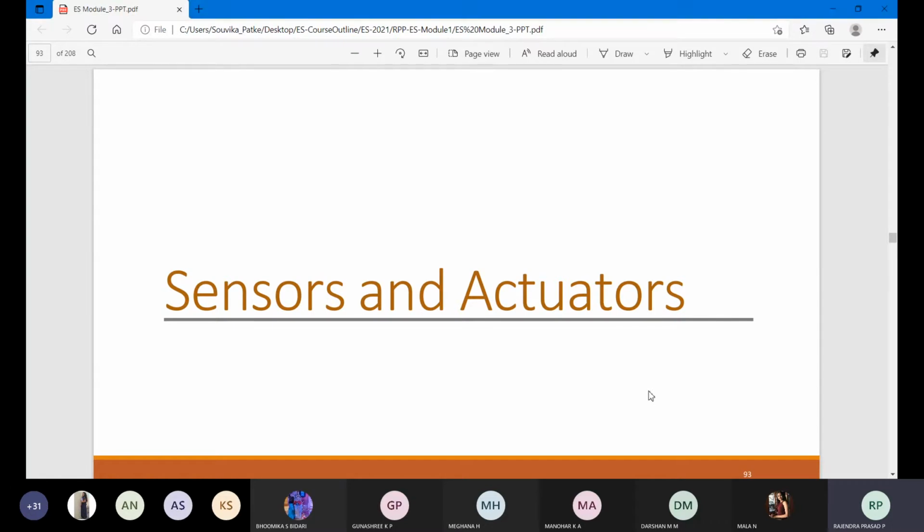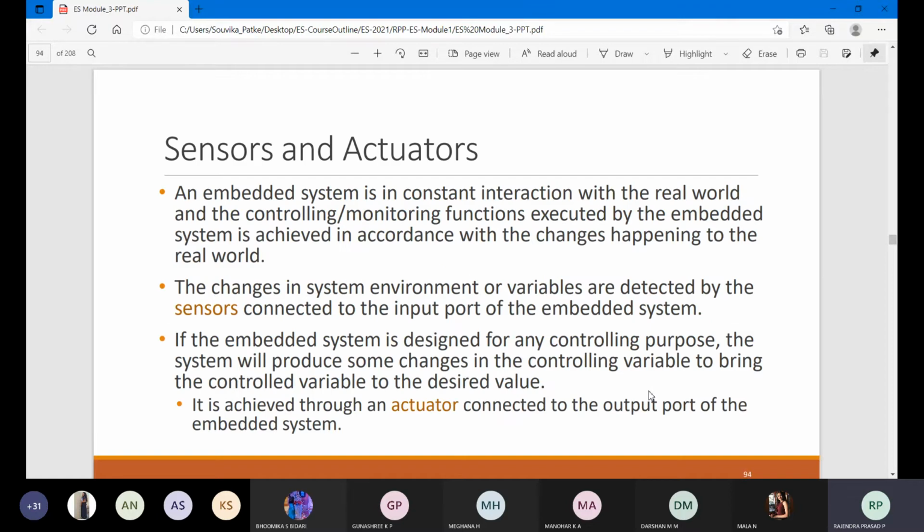So what is a sensor and what is an actuator? An embedded system is in constant interaction with the real world, and the controlling or monitoring functions executed by an embedded system are achieved in accordance with the changes happening in the real world. Usually if it is in an on state and suddenly becomes off, it is changing state.